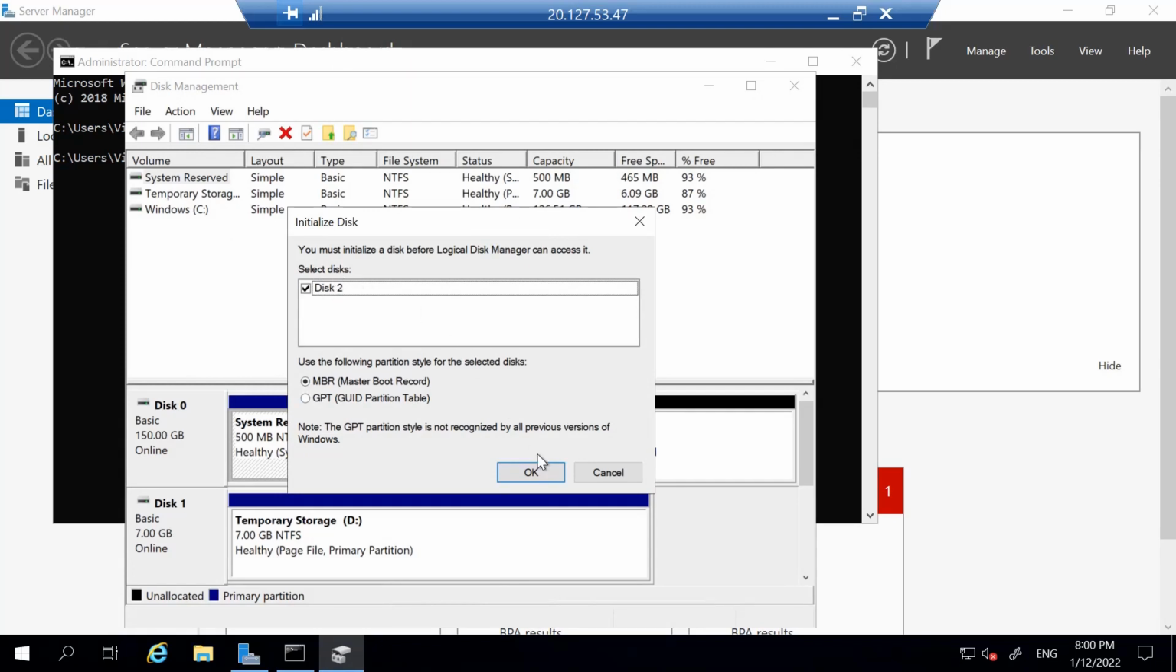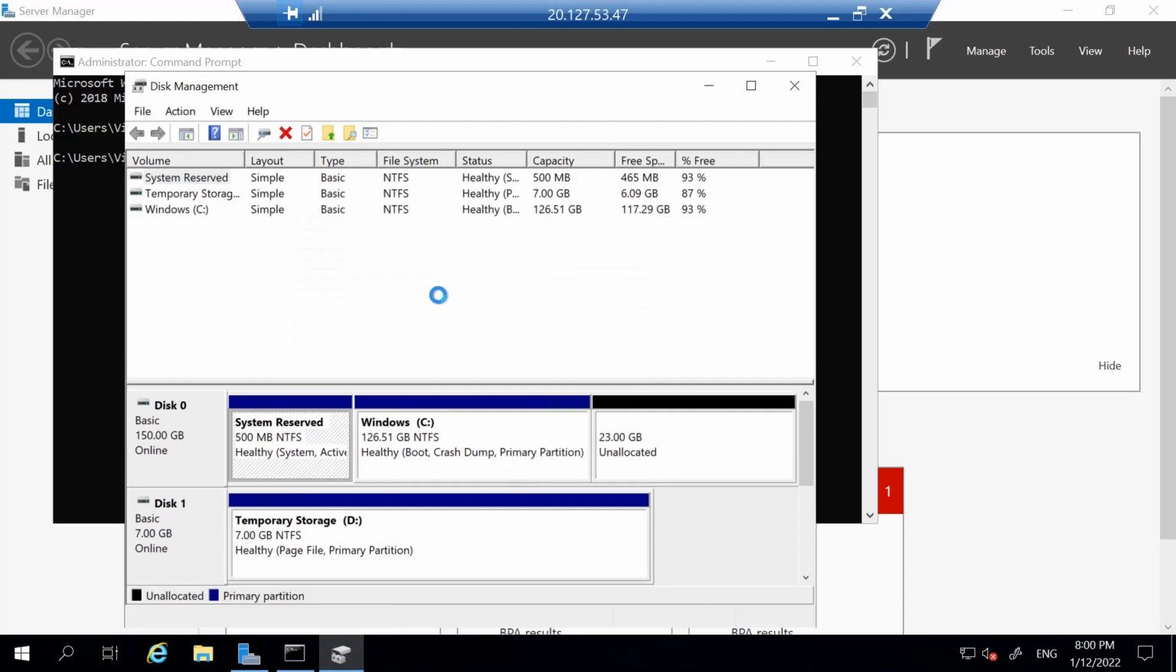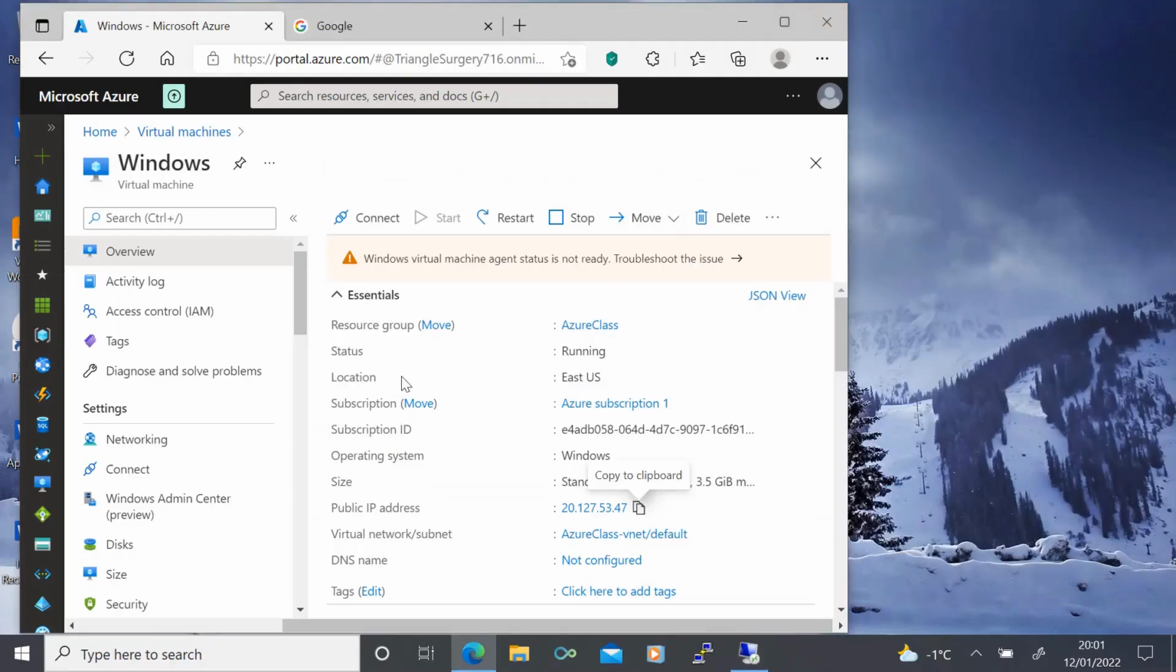It's asking me to initialize. I keep this option MBR. I click OK. So I've initialized this disk. Now, if I go to my Azure portal,